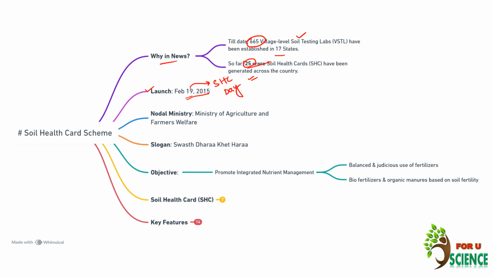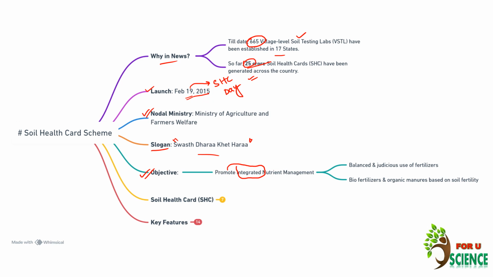Okay, so what is the nodal ministry? We can guess that it is the Ministry of Agriculture and Farmers Welfare. It has a slogan, that is Swasth Dharaa, Khet Haraa. Okay, so what is the broad objective? If we see, it promotes